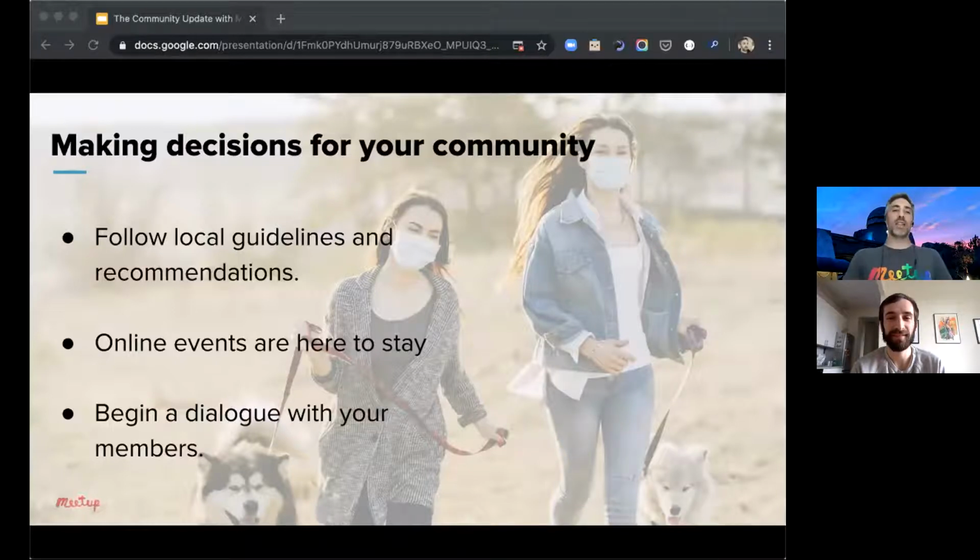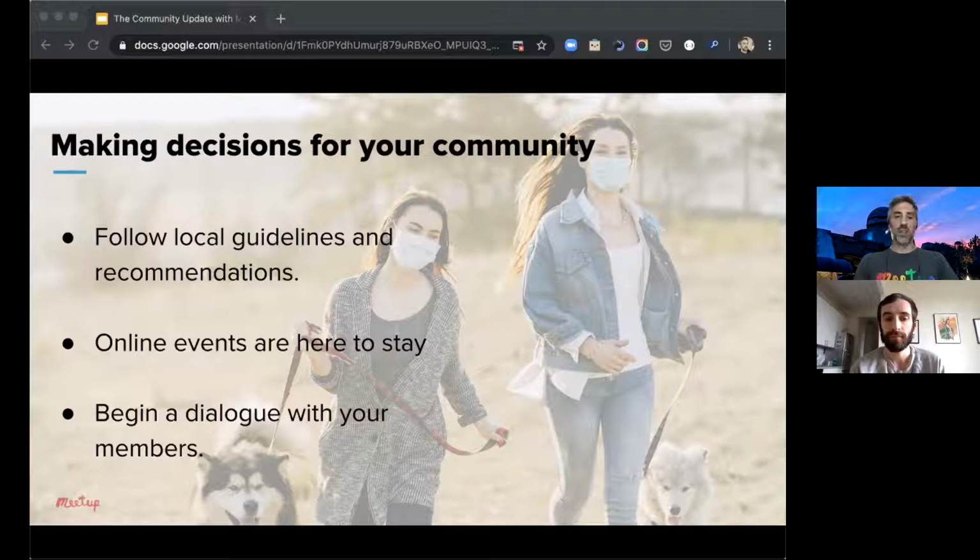Again, because I think it's on everyone's mind, it's certainly on my mind. One of the great things about Meetup is that we are everywhere. We're in 190 countries, I think, and that's fantastic. Being all around the world means that we have organizers all around the world building communities and making decisions for their communities. So we created the option for online meetups so that our communities could continue to meet when in-person events weren't safe. But as we're seeing restrictions get lifted, we're looking to local experts for guidance on when it's safe to meet in person again.